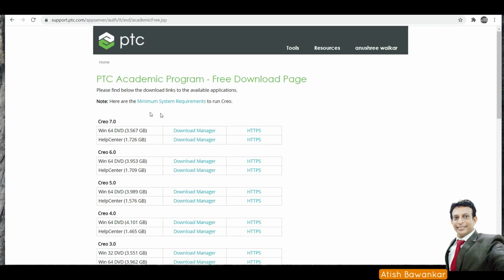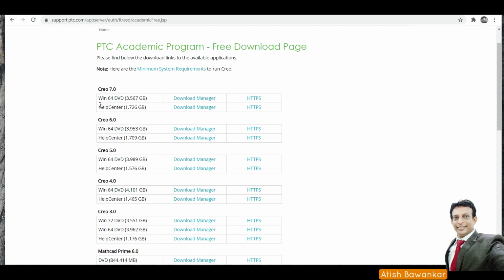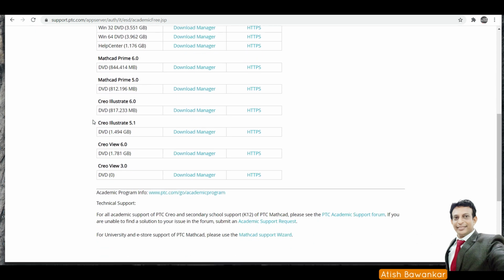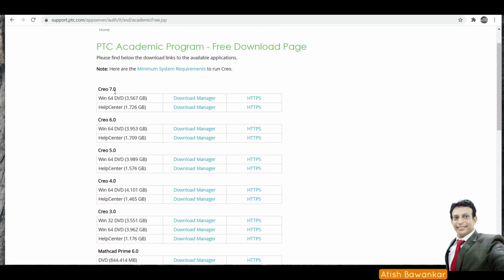Once you continue, you will find the PTC Academic Program free download page. Here you will find Creo 7.0 as well as the lower versions. I used to download Creo 7.0. You will also get the information about the space required for this software.